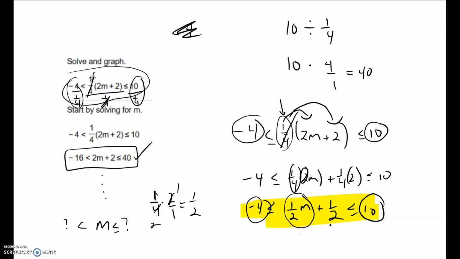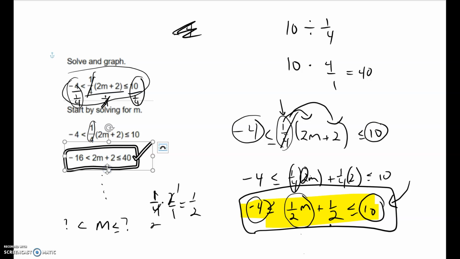So to answer your question, your way is the way that you intuitively want to do it, because you're used to distributing, that's totally fine, as long as you can work with these fractions. But my advice would be to look for things that'll make your life a little easier. If you can see that dividing by 1/4 right away gives you an easier inequality to work with right here, then that's what you want to try and do. Okay, I hope that helps, but let me know if you have